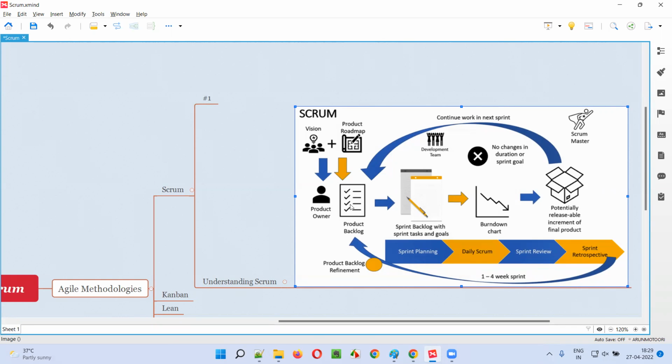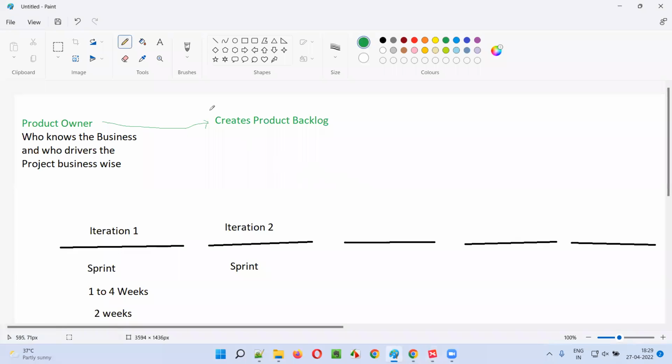Okay. So the product backlog is like a bucket, guys. Let's say the product backlog looks like a bucket. In this bucket, what will be put? All the requirements: requirement 1, requirement 2, requirement 3, all the requirements of the software that need to be developed and tested by the team who are working on the sprints will be put into the product